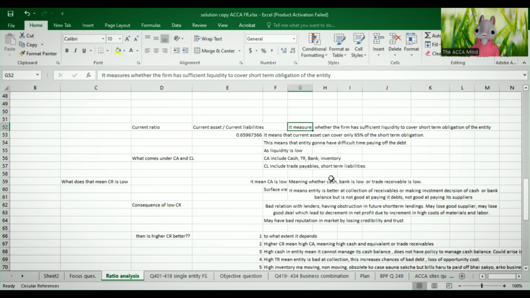So current assets include cash equivalents, trade receivables, bank balances, inventories, right? Current liabilities include trade payables, short-term liabilities, bank overdrafts, right? So the question arises that